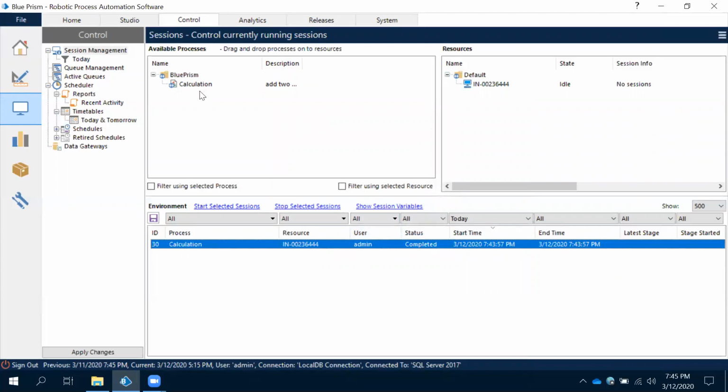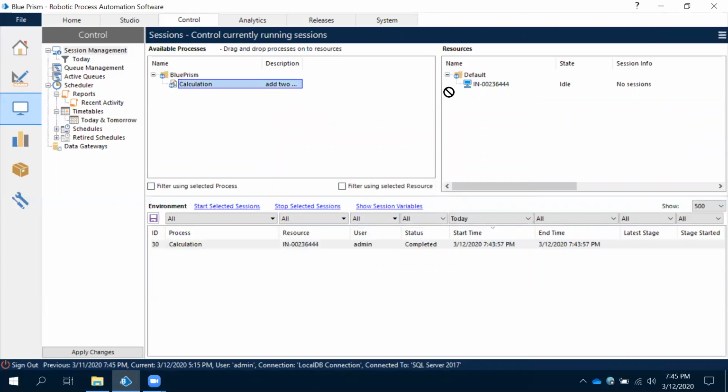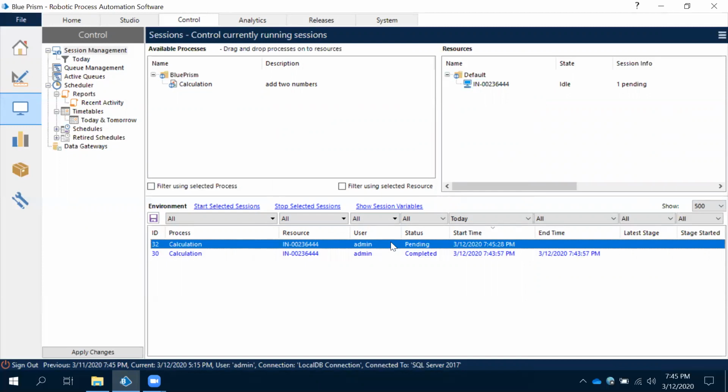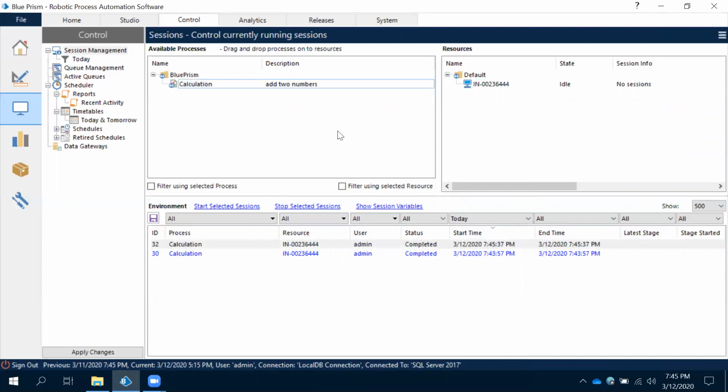If you want to run the process again, we need to move it from available process to resources again, then you can see it here. See this, again the status is pending. Now if you start, then it will run in the backend. Like this. If you want to publish your process, this is the option.